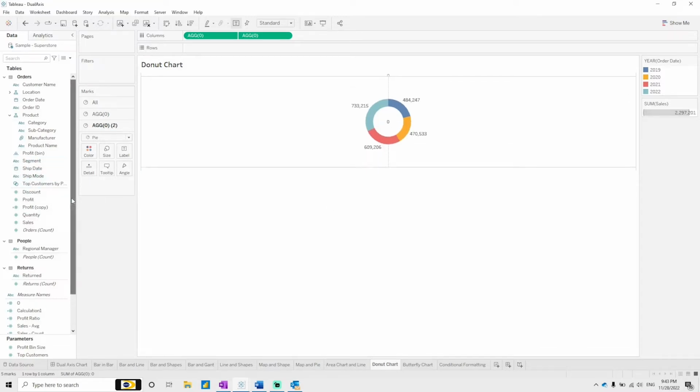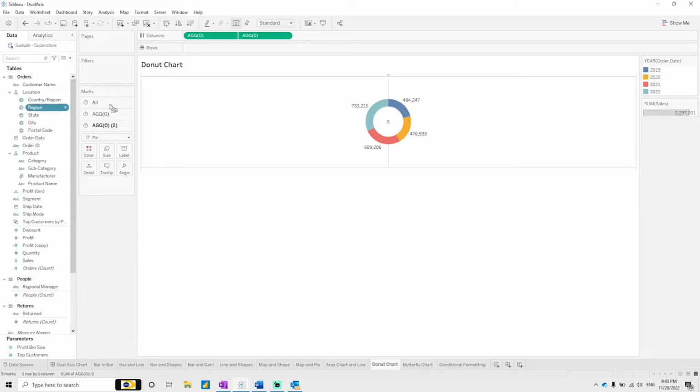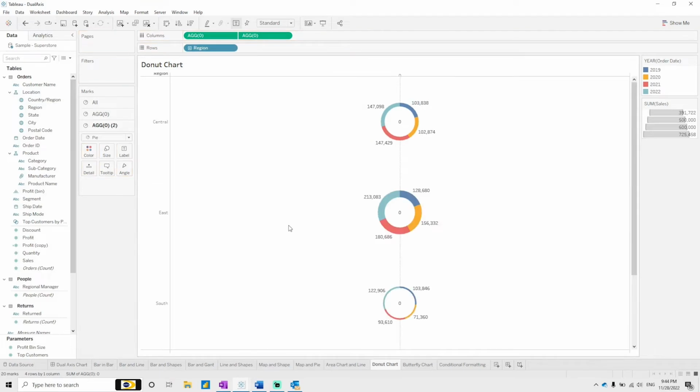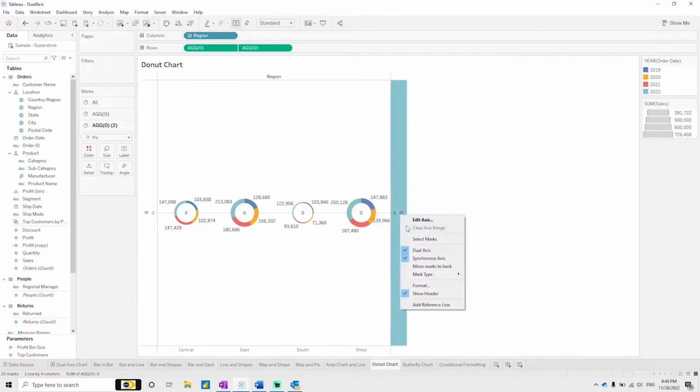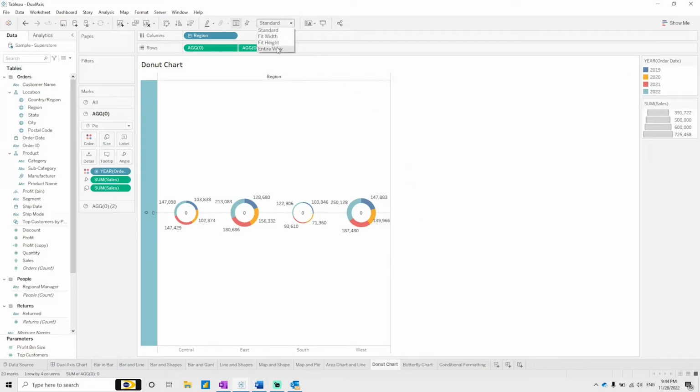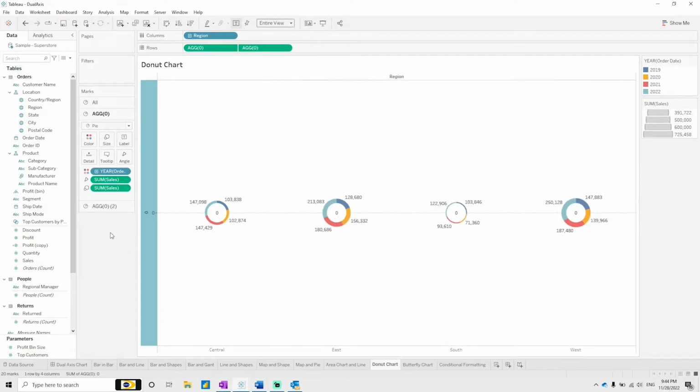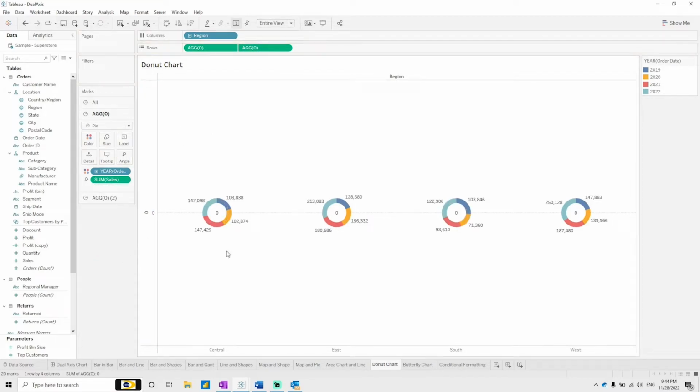So here we are able to see the different region wise distribution, and let me swap it. Yeah, and this, what we can do is remove this, and this will help us to figure out what is the